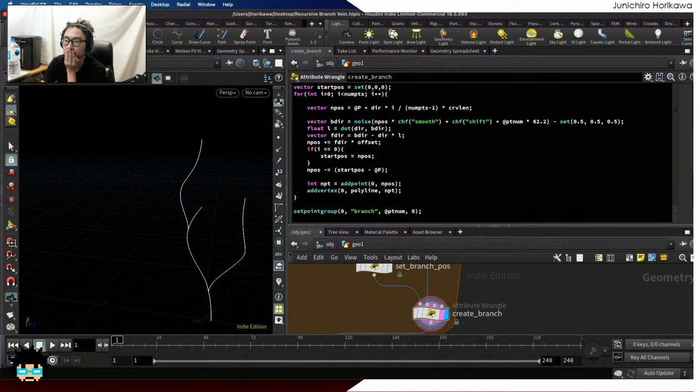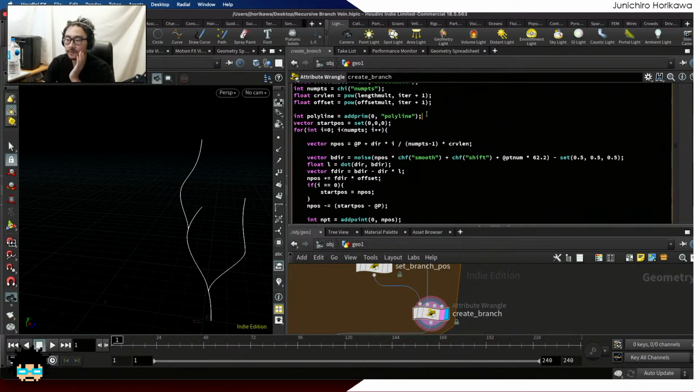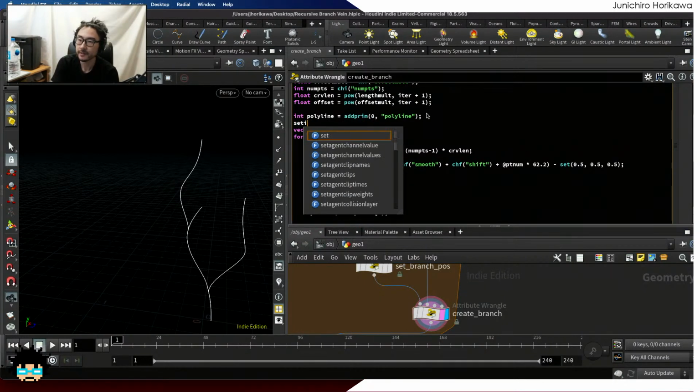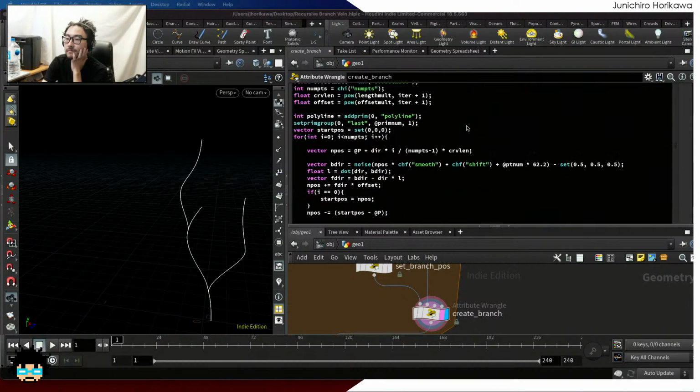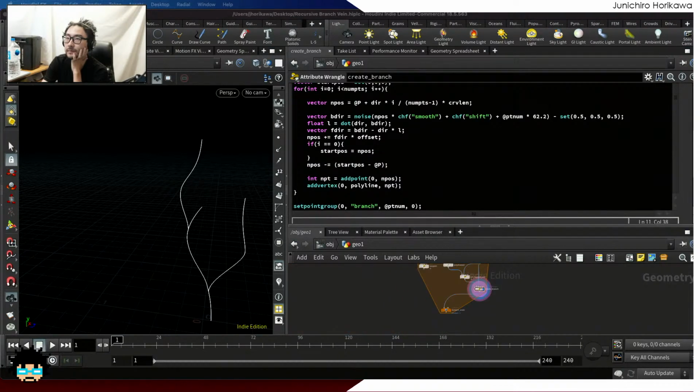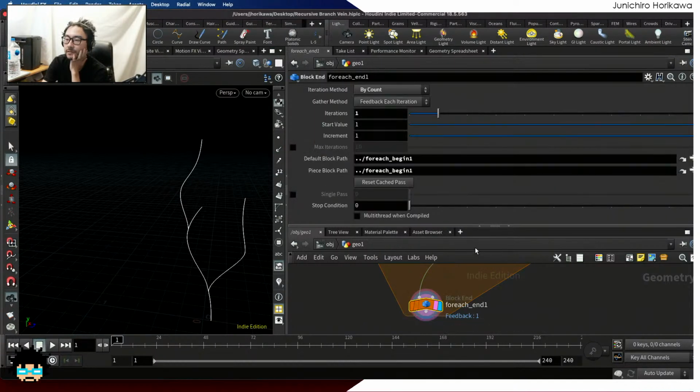Okay, and after I have created this primitive, I do need to set the last group, so set prim group last prim num to 1. Okay, I think I have enough information here. What else do I need? Maybe this is it. And if I leave the loop and raise up,